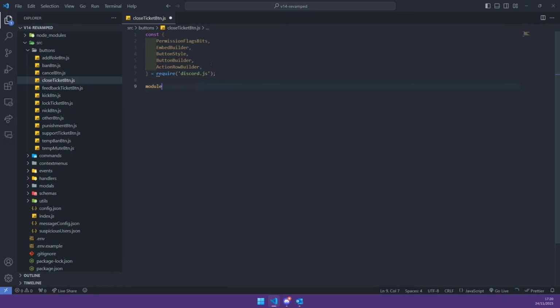and ActionRowBuilder from discord.js. Next up we need module.exports. The custom ID will be close ticket button. The user permissions will be PermissionFlagsBits.ManageThreads. The bot permissions will be a blank array. Next we need to run async, client, interaction, which would be